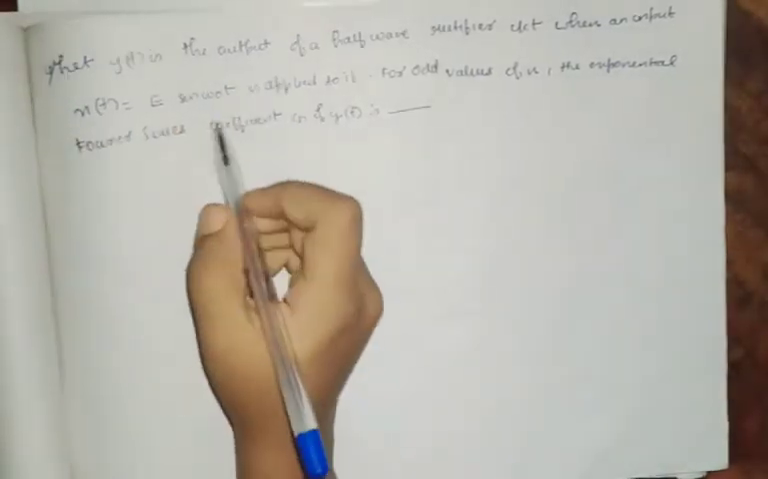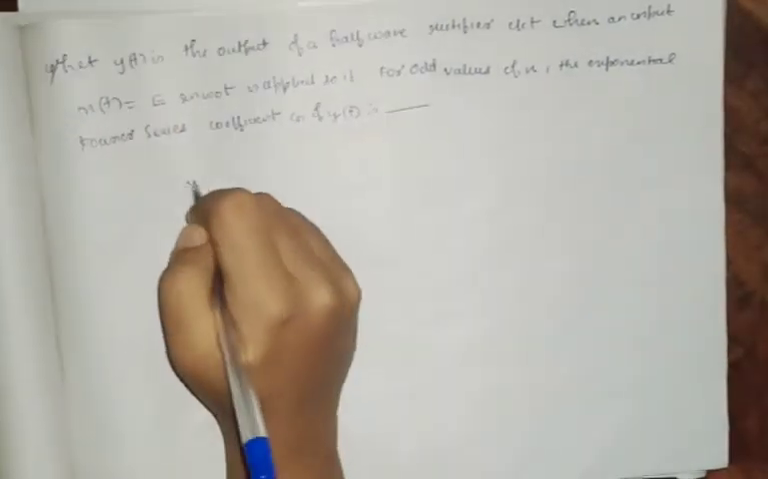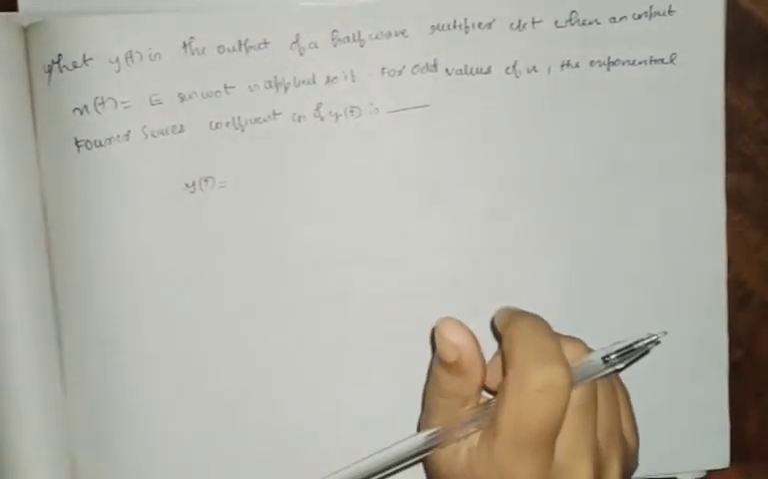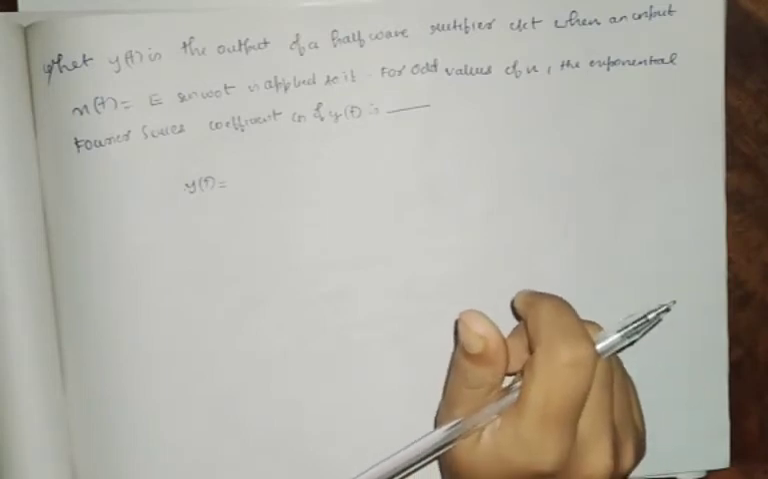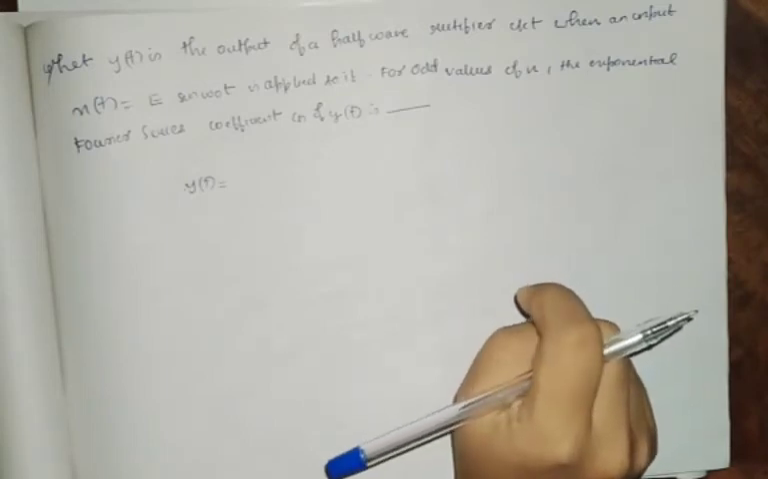So y of t is the output of a half-wave rectifier. In a half-wave rectifier, we will get output only for one half of the cycle, right? Half of the cycle. So that is how it works. That means